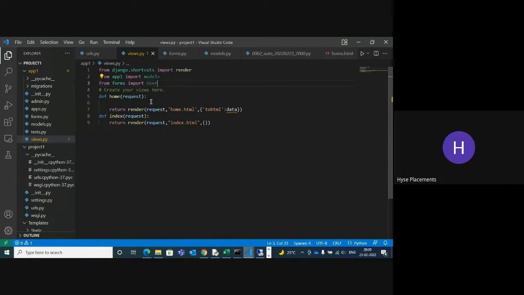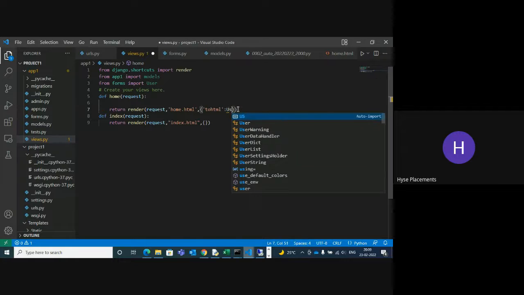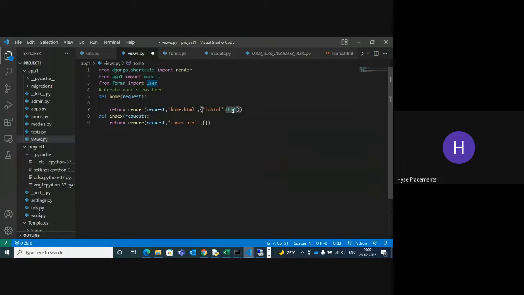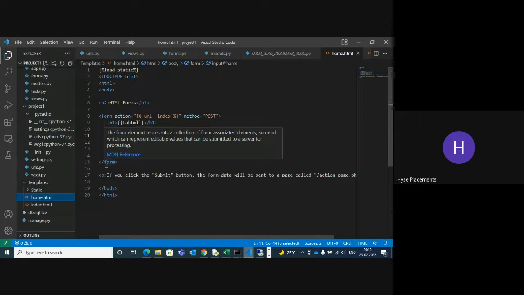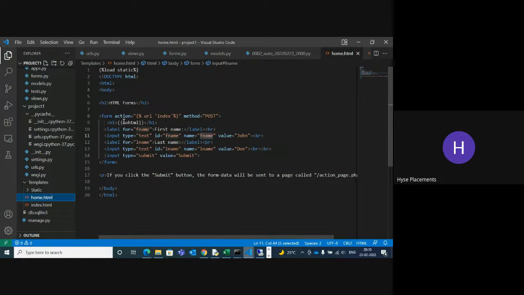In this, you can give the file user. I have given this user. Also you can go to the home.html page. In home.html page, I can put in this form. I can delete this form.